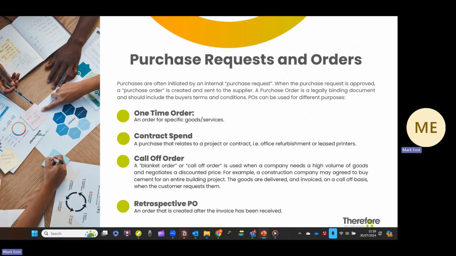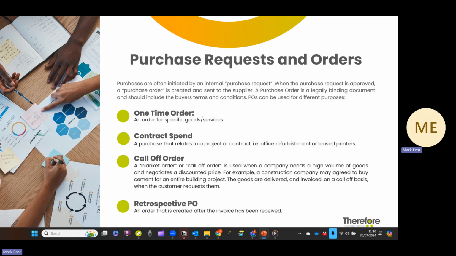So let's go back and look at purchase requests and purchase orders, which is where things should start. So as I said, the purchase request is an internal process for gaining approval to spend money on behalf of a company. So let's say, for example, that I need to buy a new laptop. I might raise a purchase request internally, send that to our IT manager, who, once signed off, gives the purchasing department the approval to create a purchase order, which is then sent to our supplier in order for them to